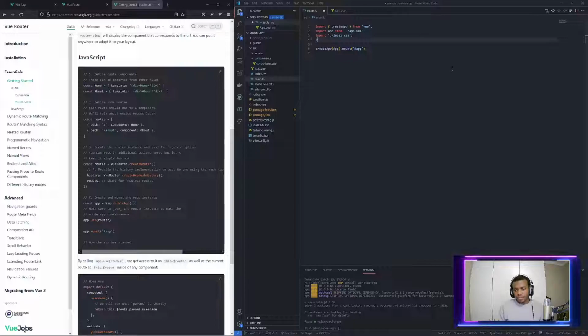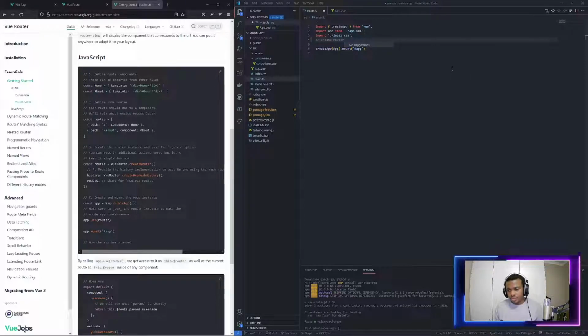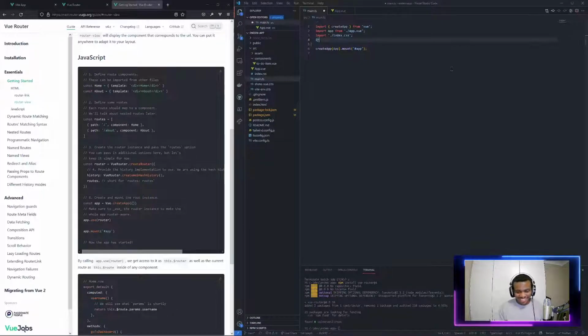Let me try Copilot again. Imports, or even createRouter. Please, Copilot, do your thing. No suggestion. Copilot doesn't know what to do. Yeah, Copilot is stuck. So my job is safe. Oh, actually, Copilot. But then